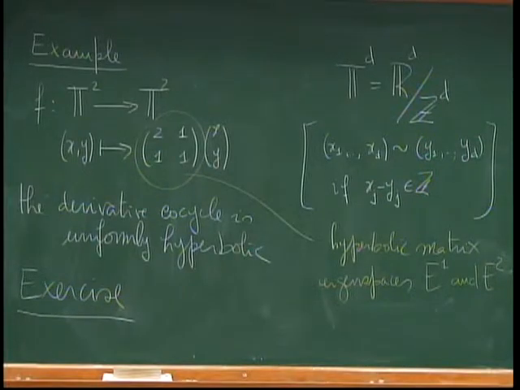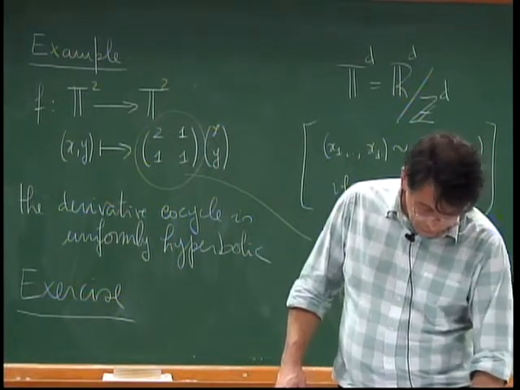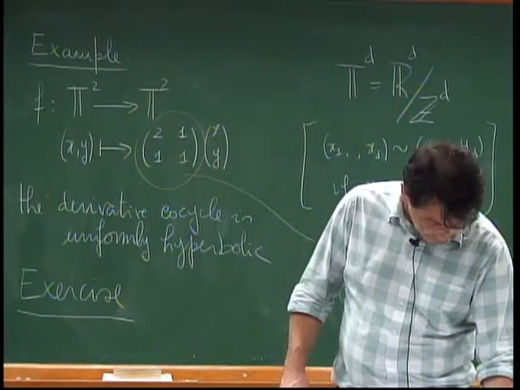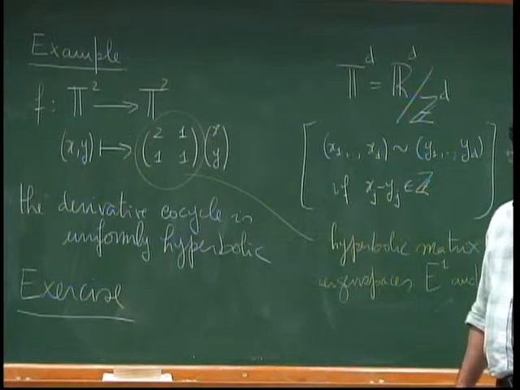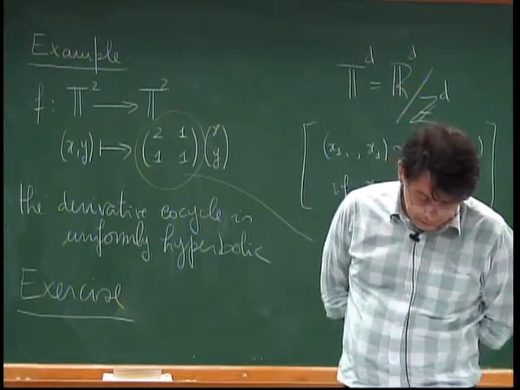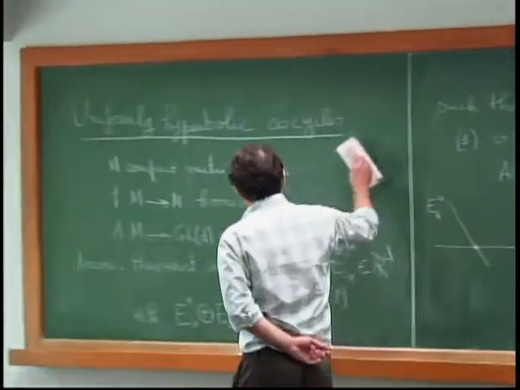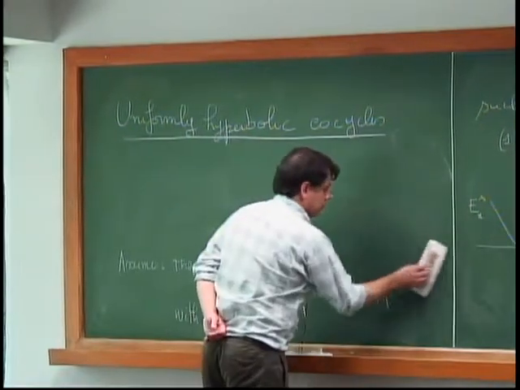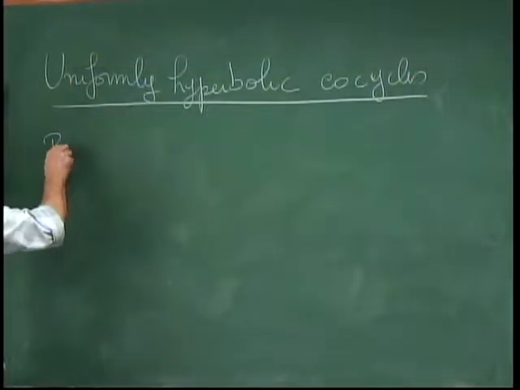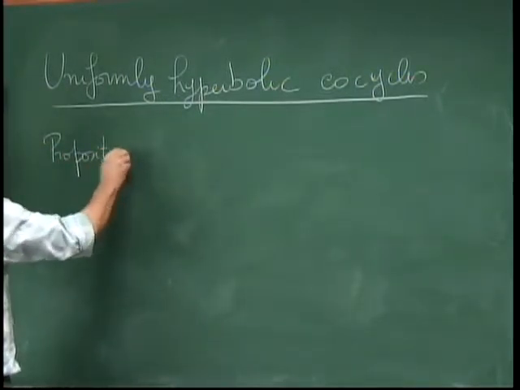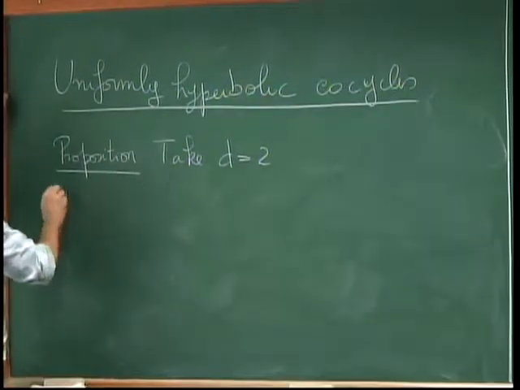Now I'm not going to do all details, but I want to say something about some properties of hyperbolic cocycles, especially in the two-dimensional case. I'm going to state a proposition that I will not prove, because later on I will use the same argument to prove something different. So I might as well do it later. But from that proposition we are going to deduce some consequences for uniformly hyperbolic cocycles. So take the dimension to be 2, then